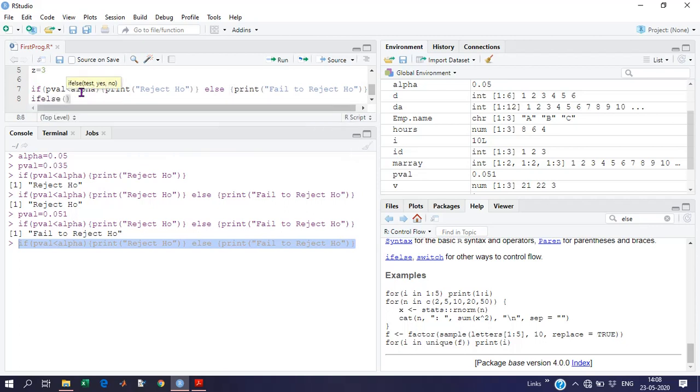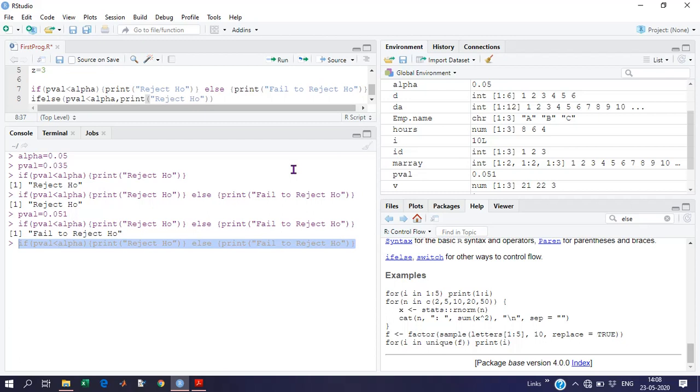If else bracket, now we have the condition if p val less than alpha, comma, if this statement is true, then we have to print reject h naught.